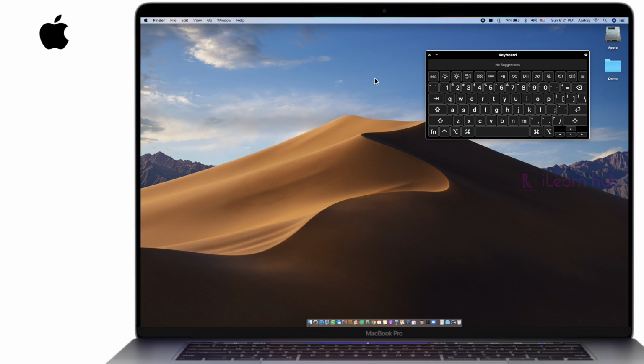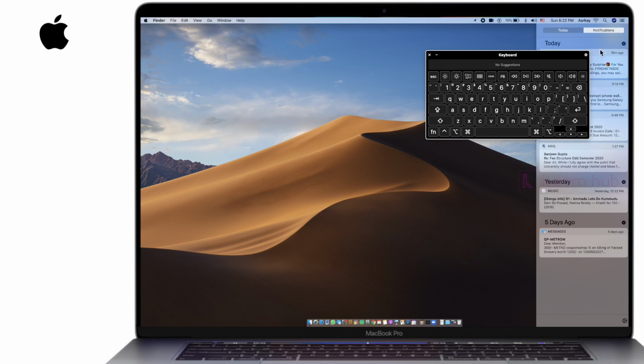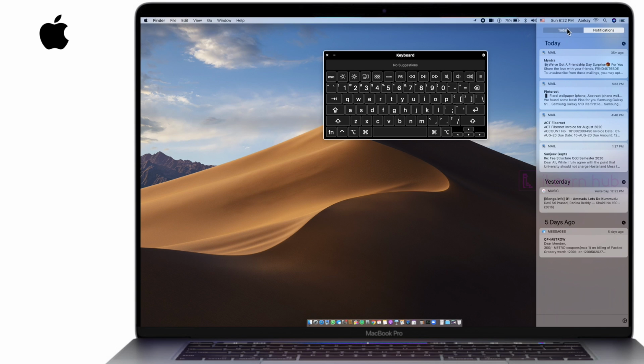Now the first thing is, let me switch off my notification center. While doing this kind of screen recording, this is not a good idea. If I get a message or a mail, the notification center shows the preview. So how to switch that off? Normally you can click here and then go into your notification settings and turn it off, something like that.